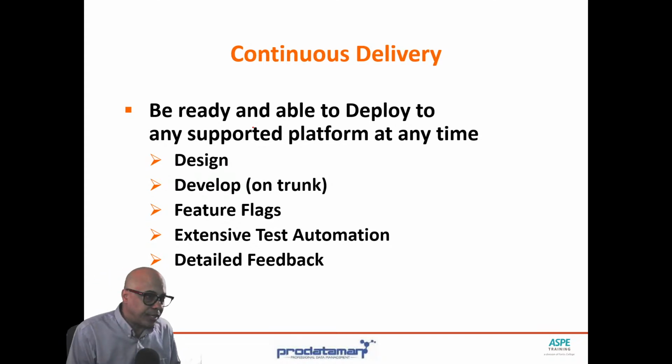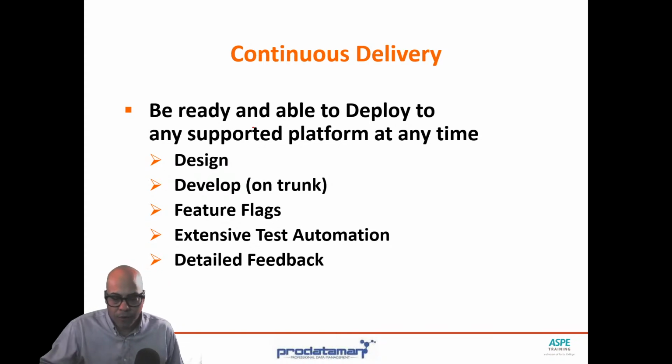And the best way to deal with developing on trunk with features that aren't quite complete, but we still need to commit to version control, is with something called a feature toggle, aka a feature flag. Basically, this allows us to switch on and off things that aren't working, even though we need to commit and deploy right now. Normally we would do stuff on a branch, and those things that aren't finished yet, we just wouldn't merge that branch back into the trunk. But because we're developing right on the trunk and we need to support continuous delivery, if somebody says we need you to deploy right now, we just toggle off all the features that aren't ready for prime time, and then we do our deploy.